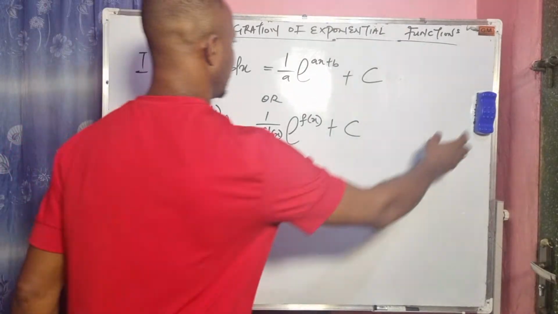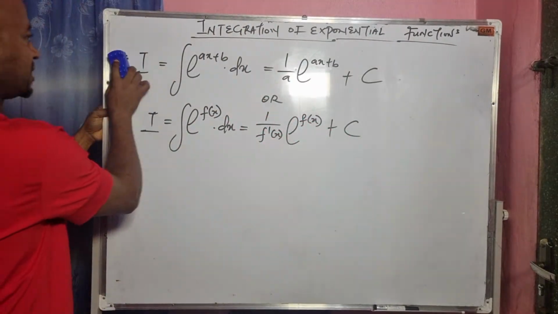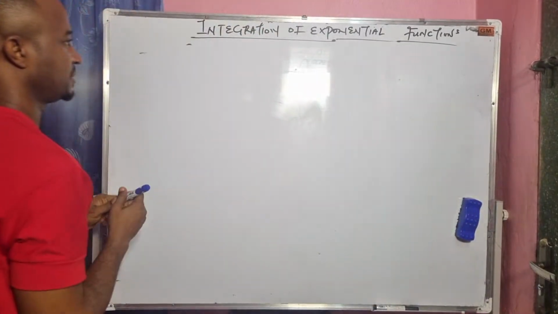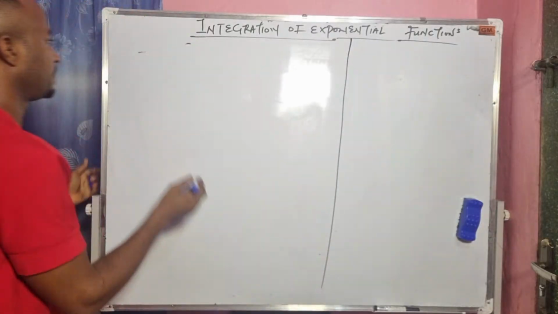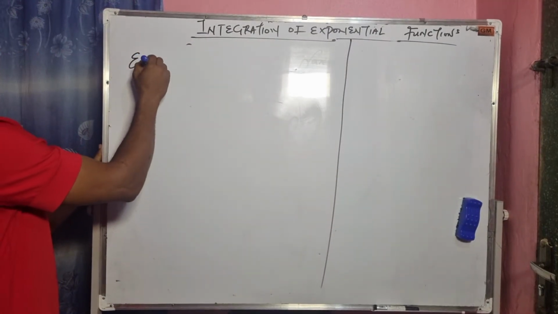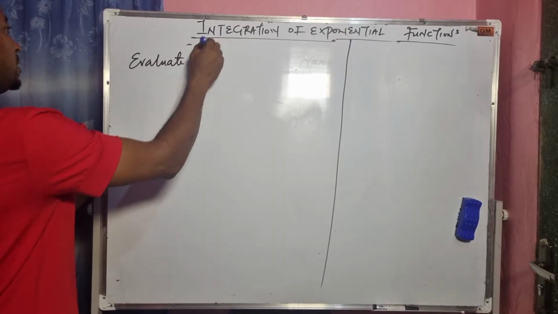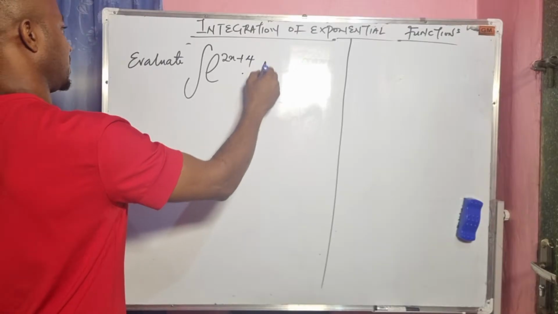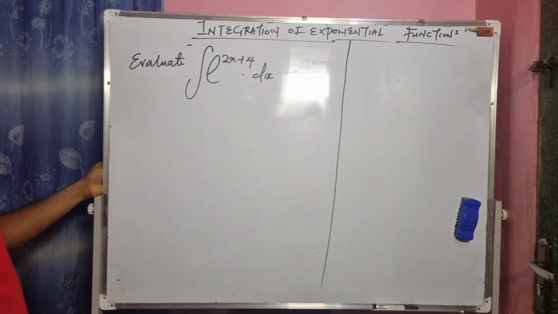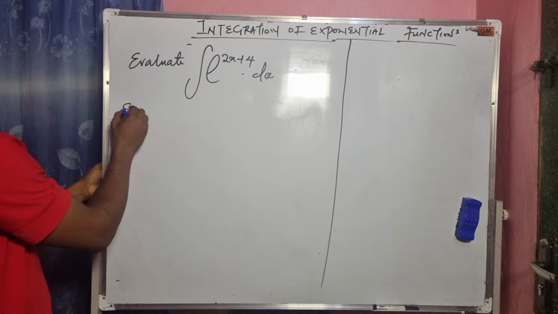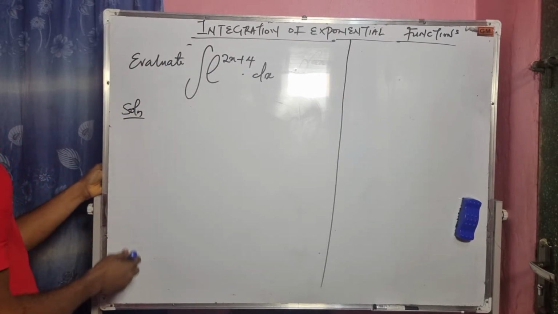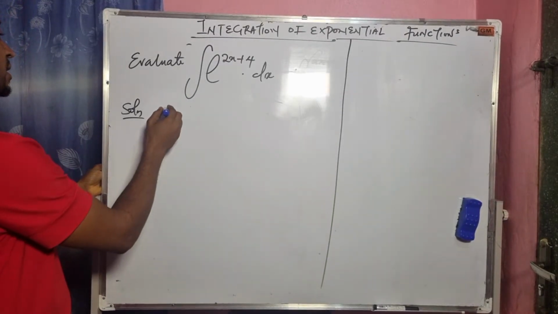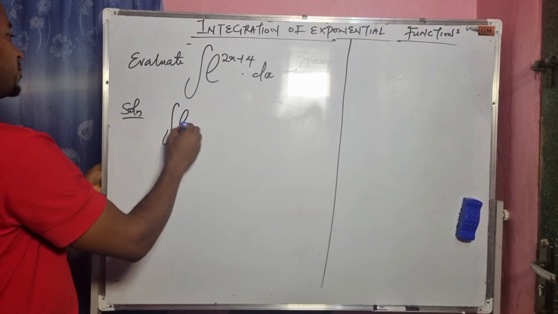So let's solve some problems here. If we have to evaluate the integral of exponential 2x plus 4 dx. Solution to this, from the rule of integrating exponential function of this kind, we say that integral of exponential